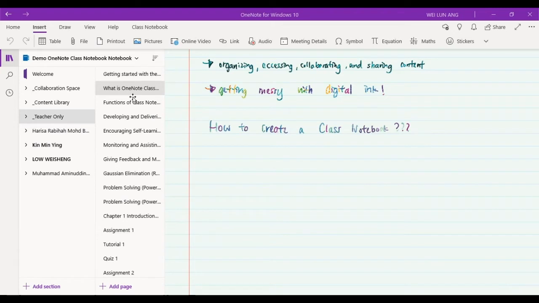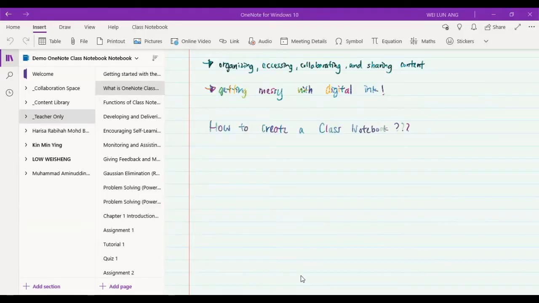Dr. Ang, I'm sorry to interrupt you, but we don't see the class notebook icon that you were talking about. You were showing here, and you said plus sign here. I can't see it. Oh, okay, maybe let me zoom in. Once you click on the plus sign, a new pop-up will come up.